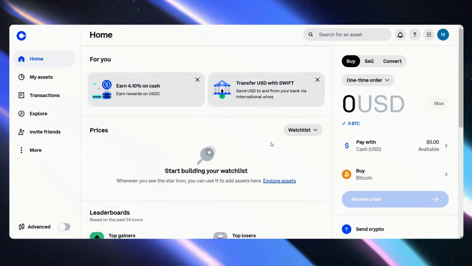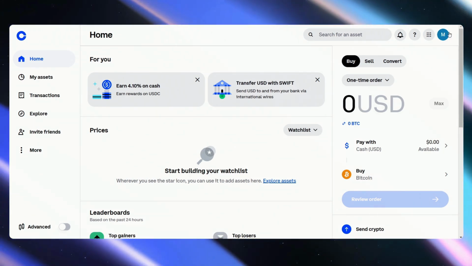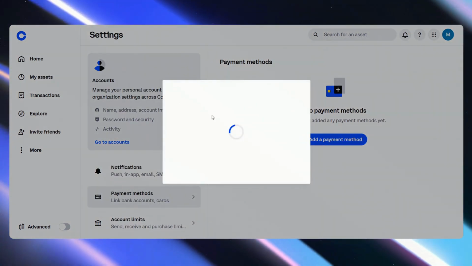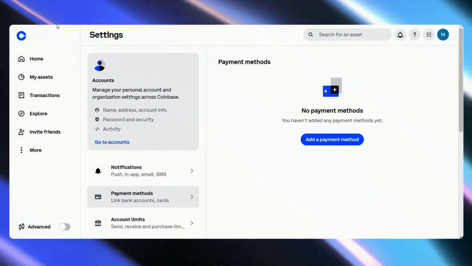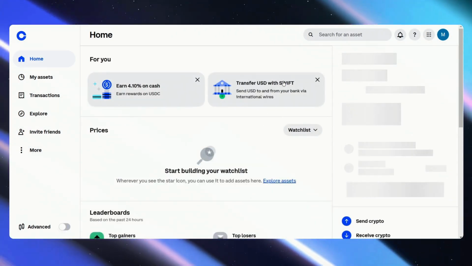Now first off, you want to make sure that you have a bank account linked, and you can find that on the top right in your settings, and then go down to payment methods and then add a payment method. I can only add a SWIFT bank account. You may have more options, but if you have that set up, we can simply go back to the home